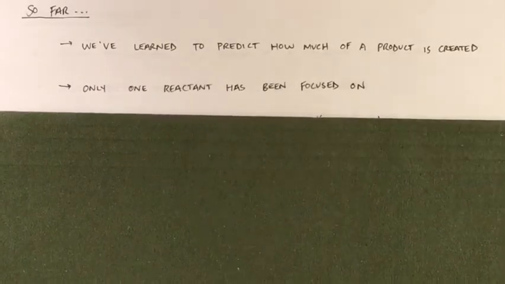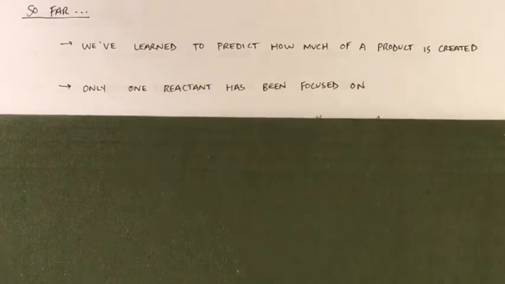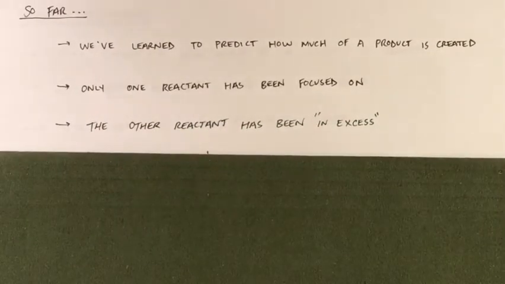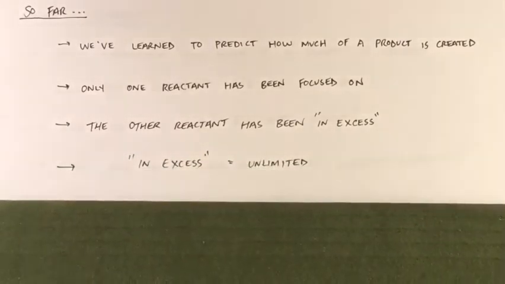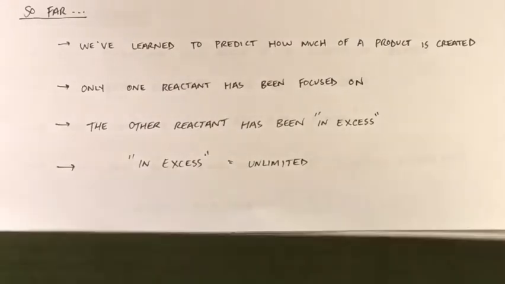I haven't even told you how much of the other reactant is present. In these problems, the other reactant has been in excess. What that means is that the other reactant is essentially unlimited. It's not going to run out during the reaction. But in this next section, we're going to look at what happens when we do have a limited amount